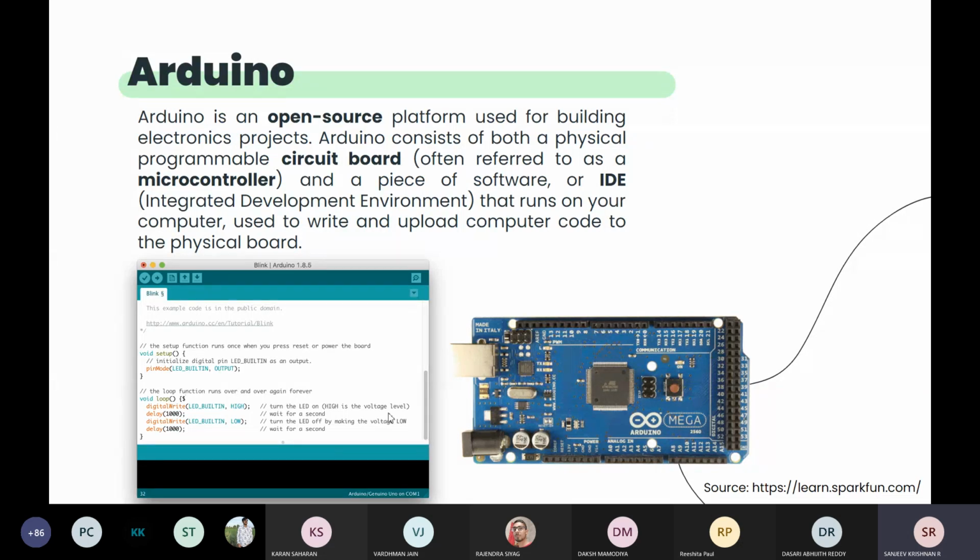Okay, so Arduino has a software side, the Arduino IDE, where we write code and compile it, and the other side is the physical hardware where we make circuit connections, and these two will be connected. We can upload our code to the Arduino board, and accordingly it functions. So this is a very rough idea. We'll learn in detail now.